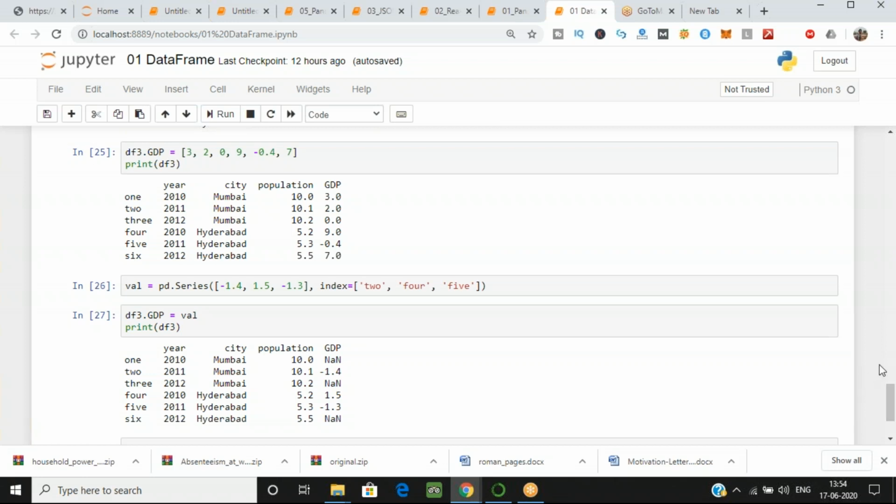Now what does it mean by NaN? Okay, tell me what is NaN? Null? Oh no, it's not a number. NaN is not a number. It is not a number. Yes, you can say it's a null value also, but we say that it's not a value. Okay. Have you understood your task?